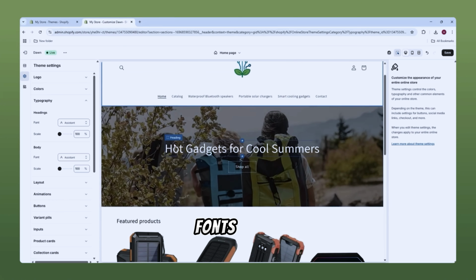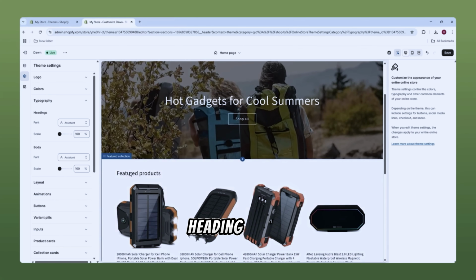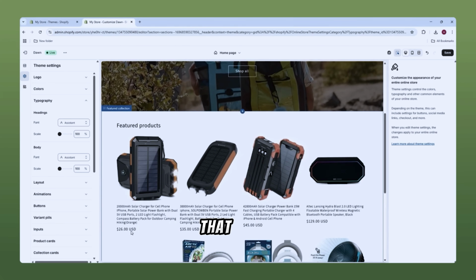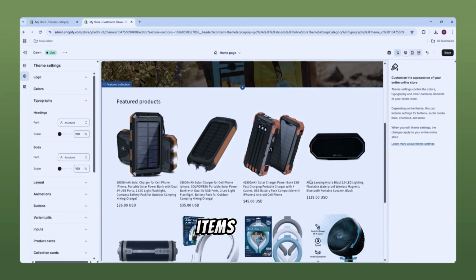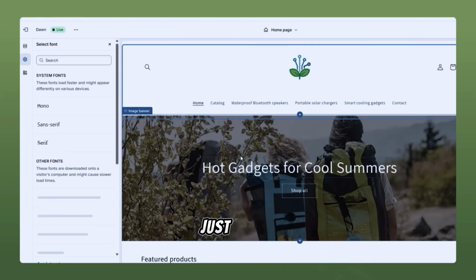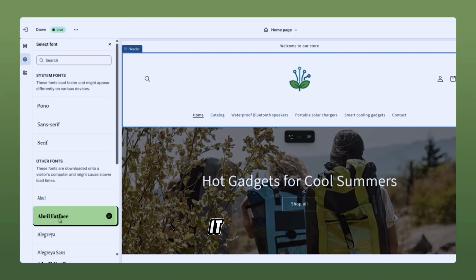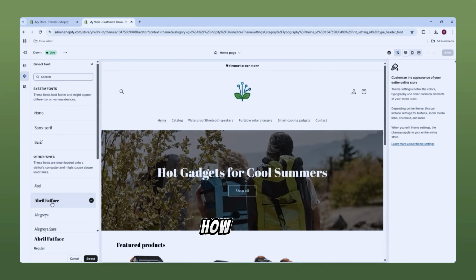So for the heading font, it's pretty easy to find. Here's the heading fonts. This is heading fonts. And then anything below that, such as buttons and the price, that is body fonts. So the description you have for your items, that is not part of the font. Now, what we have here, I'll just choose any font. I'll choose actually April Fatface because that gives you the best idea of what it looks like. It's the most noticeable difference. And you'll see right here how the title changed, the heading font changed, as well as this font right here. Now, keep in mind,